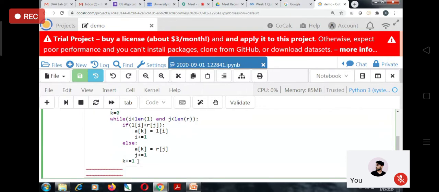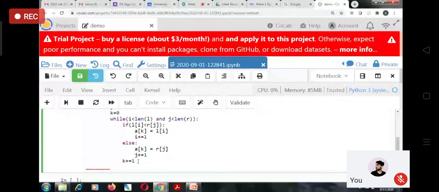Now after this while loop ends, sometimes one of the lists has been completely traversed, but the second list is left with some elements. In that case, we have to put all the remaining elements into the new list. Why?